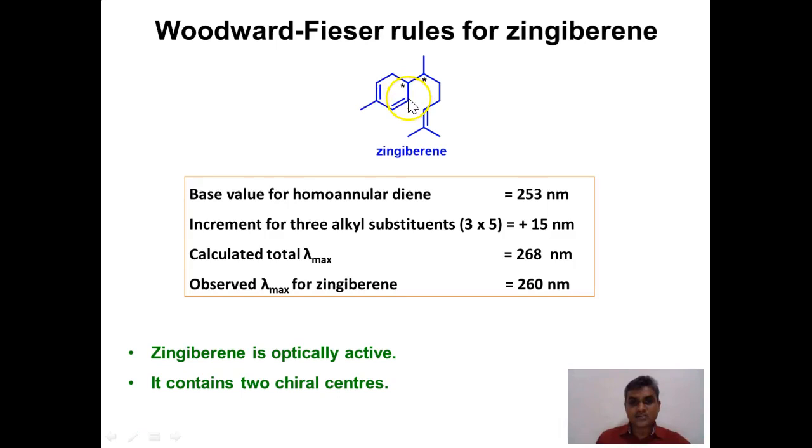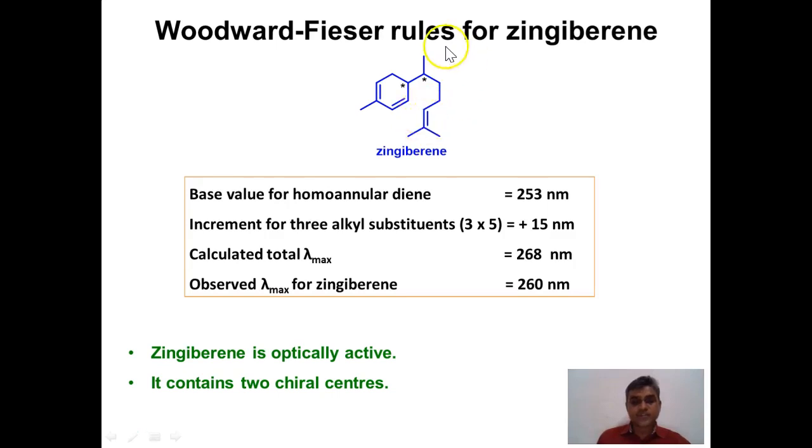Here is a 1, 2 and 3 increment, and these are the increments for alkyl substituents or a ring residue, and these substituents for one is 5 nanometer, and therefore we are having plus 15 nanometer. So the expected value is 260 nanometer and the observed value is 260 nanometer. It is somewhat close agreement, and therefore again it proves that gingiberine molecule is a conjugated